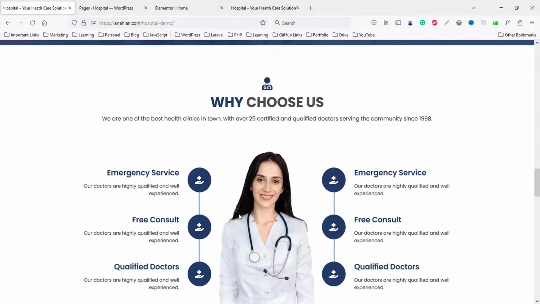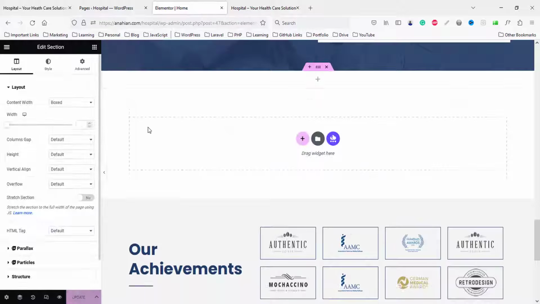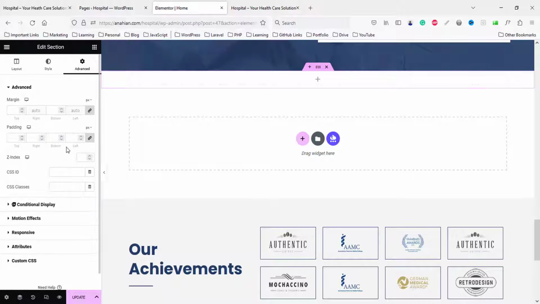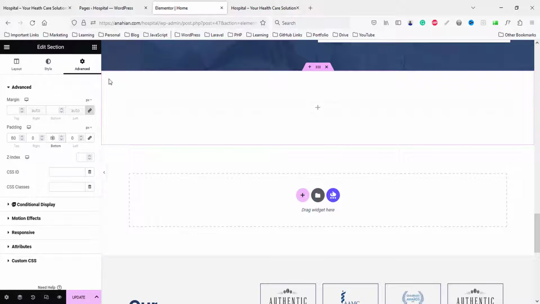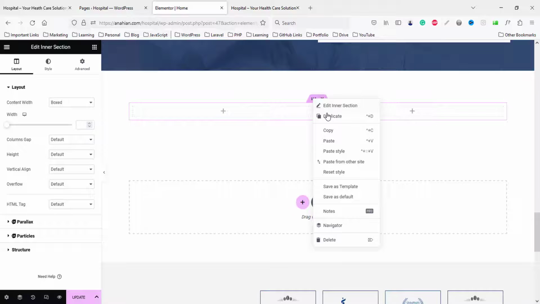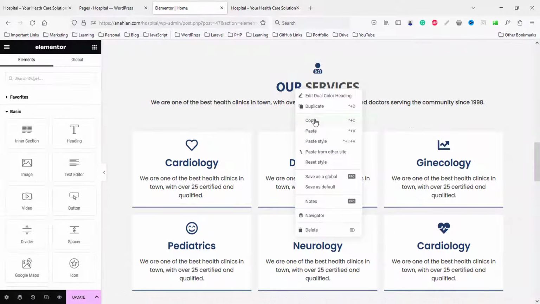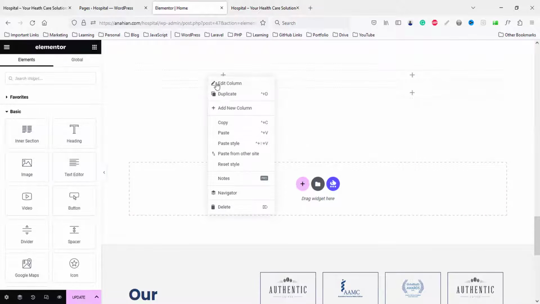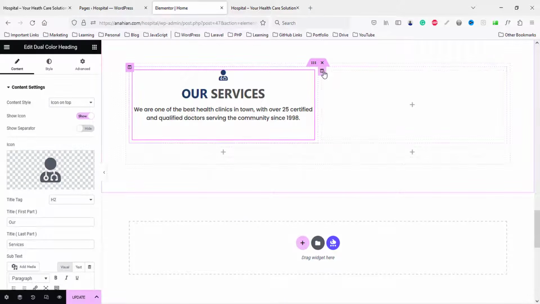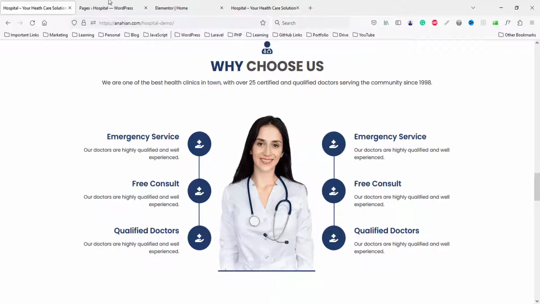Now our next part, why choose us. Okay, and this part, so click on this section plus icon, one section, then go to advanced part, we can set padding top 80, bottom 80, and then we need to add inner section and duplicate this section to part. So already we have this section title, so copy from here and just paste here. Okay, so remove this column from here,